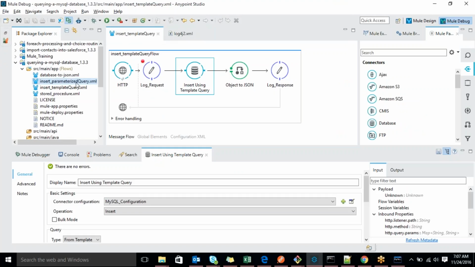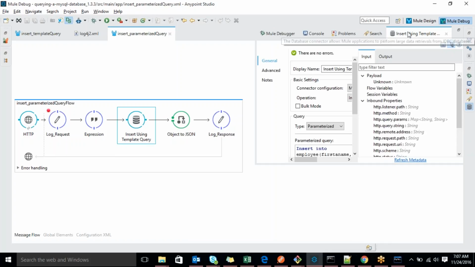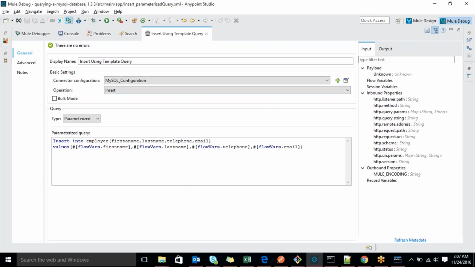The next one is parameterized. You can see parameterized also. So what is the difference? Why would you choose these different types? If it is parameterized, the performance is faster than normal.